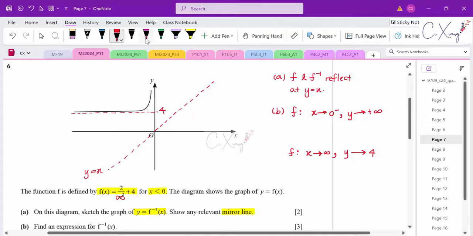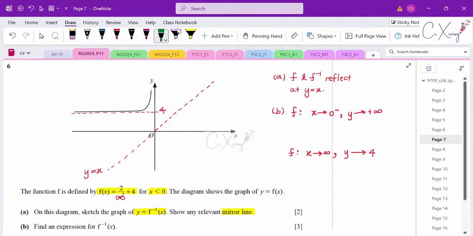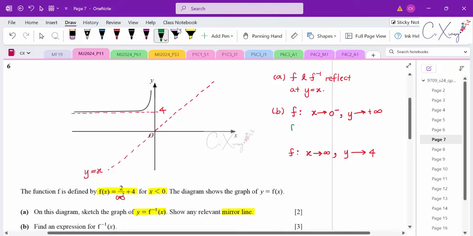Okay, right. Then we want to sketch the inverse function. You need to swap the coordinates for x and y. Basically, the relationship between f and f inverse is that they reflect at y equals x. Therefore, in terms of the coordinates for x and y, they swap. The x becomes y and y becomes x, which means that if I'm having f inverse,